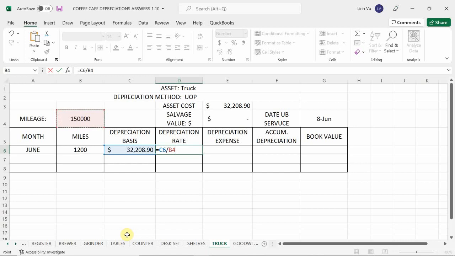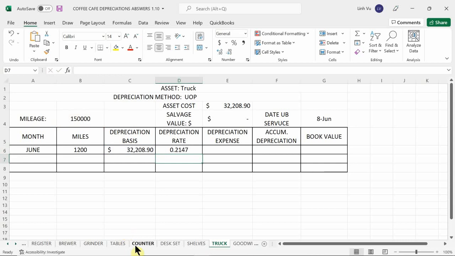So I'm going to take my total cost, which in this case, my depreciation basis is how much I can depreciate it for, right? And I'm going to divide it amongst the number of estimated units that I can produce that entire time. So in this case, I can drive up to 150,000 miles. That means I'm going to get a per unit rate. So every mile that I drive, this is how much it's going to cost me. So if I go ahead and do that, I should get 21.47 cents. Okay? That means every single mile that I drive, it's going to cost me